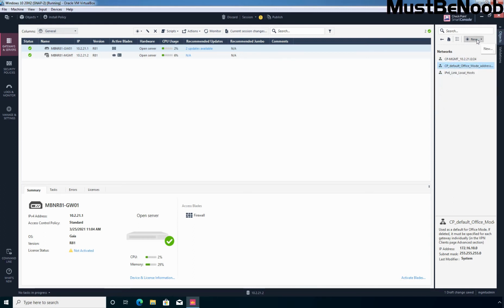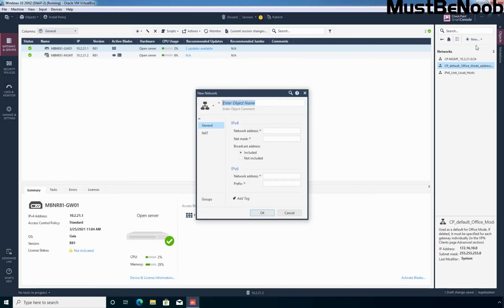Now I'm going to click here, new and network. So these are the two options from where you can create a new network object. Here I'm going to specify the object name, DMZ, and then a network range. It is going to be 192.168.21.0/24. Okay, let's specify network address 192.168.21.0. Subnet mask is going to be 255.255.255.0, and here also I'm going to add object comment.